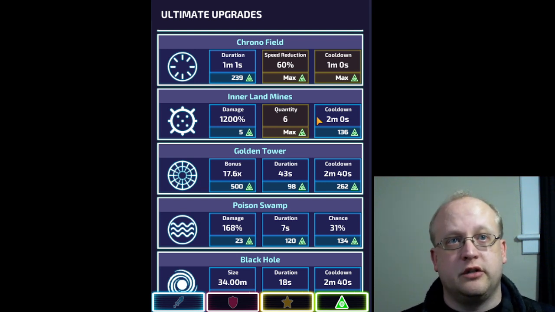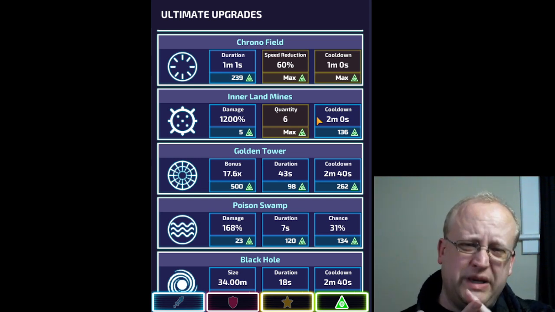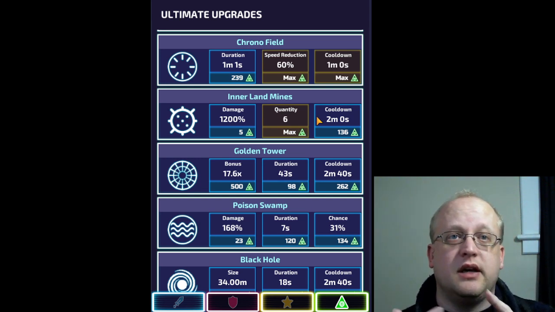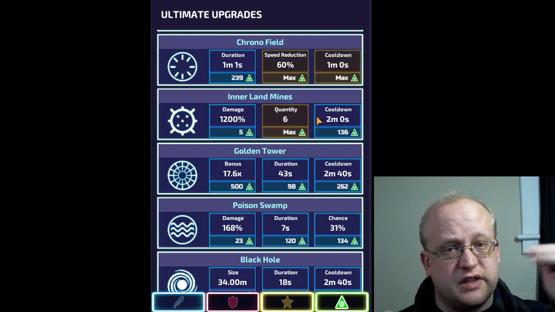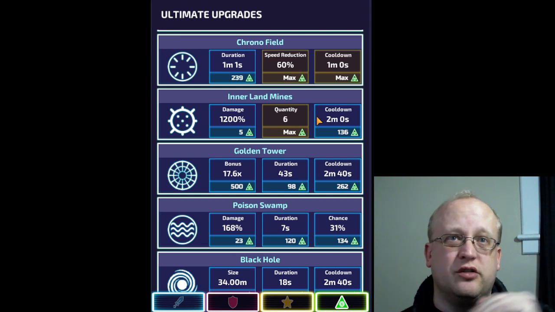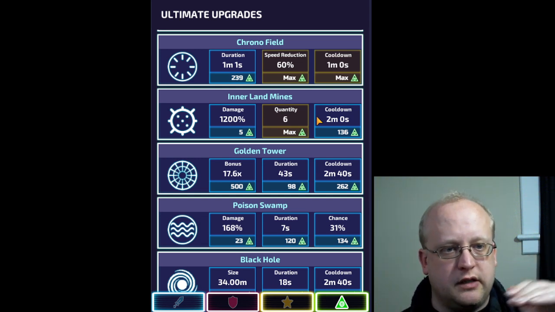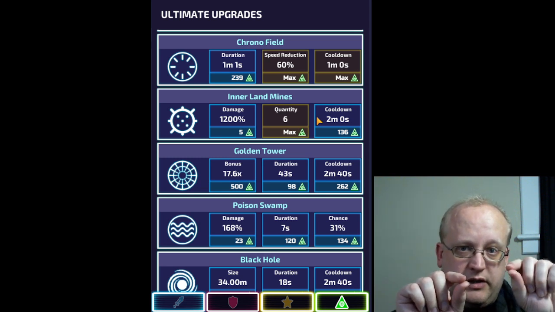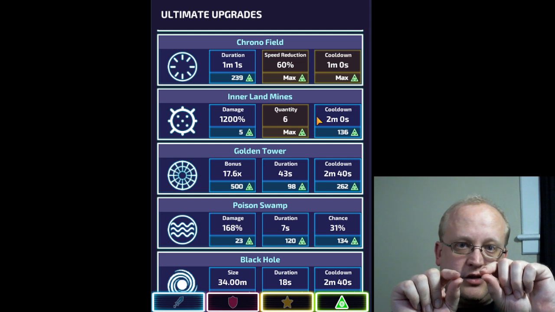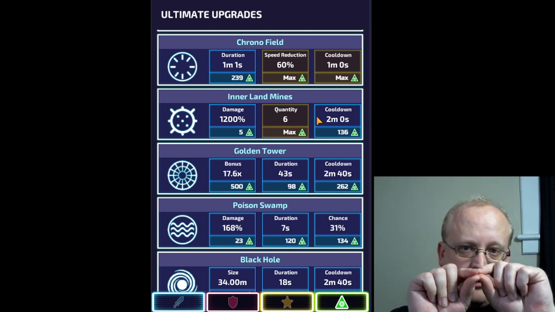So, Inner Landmines are really good for pinning and stunning bosses, as well as keeping fast enemies from just sliding past all your shots and into your tower. There is a glitch with the fast enemies where, because they're so fast, the bounce shot speeds aren't fast enough to catch up to them, and if that one bounce shot is enough to kill the fast enemy,